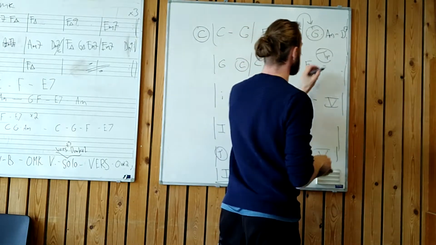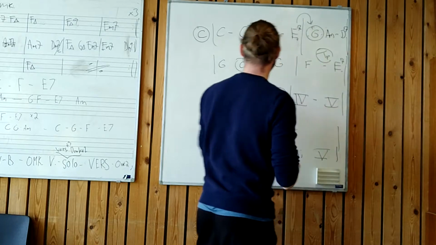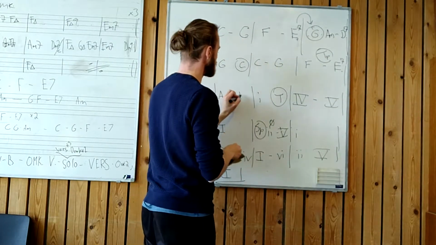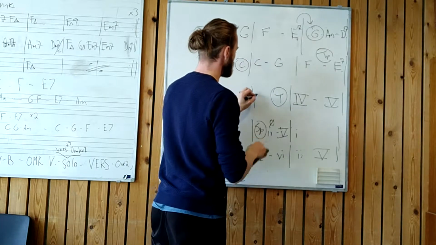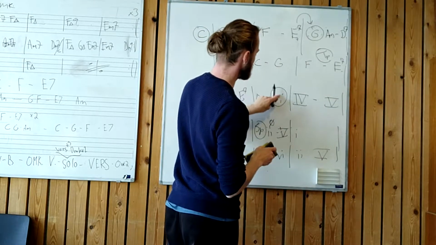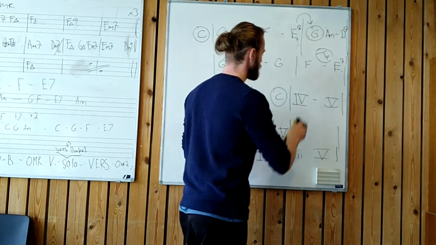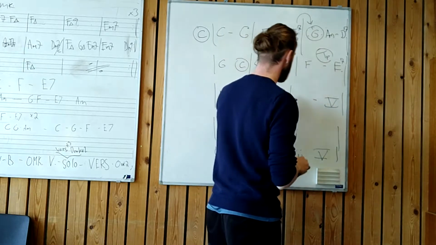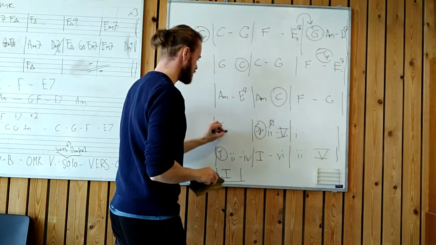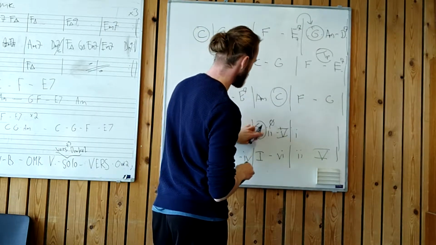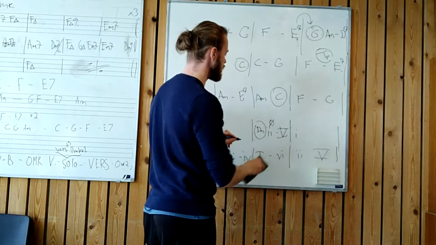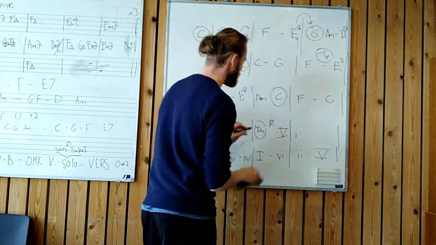So over here we get an E7 again, an A minor, the 5, which is still E7, 1. Is the camera still running? It is. Then back to the tonic, which is C. The 4 of C is F, 5 is G, 1 is C, subdominant parallel key, which is D minor, 2 of D minor, that would be an E minor,